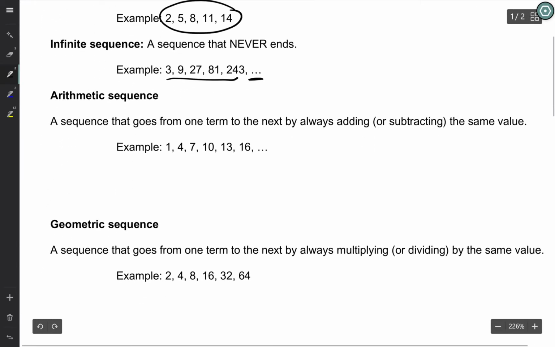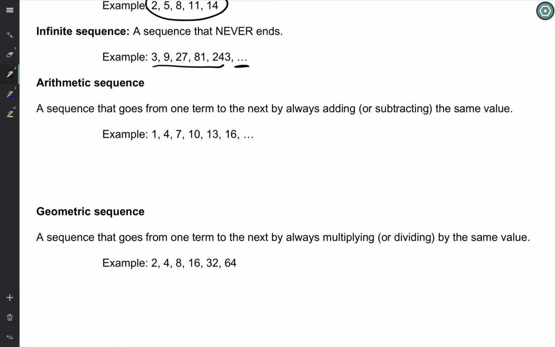Our big vocabulary terms for this section are arithmetic and geometric. So an arithmetic sequence is a sequence that goes from one term to the next by always adding or subtracting the same value. For example, given my sequence 1, 4, 7, 10, 13, 16, if I go through and look,